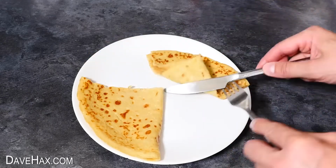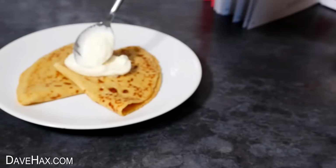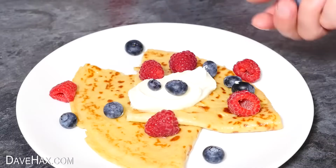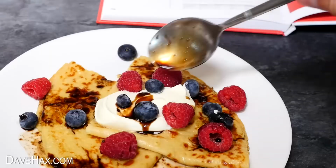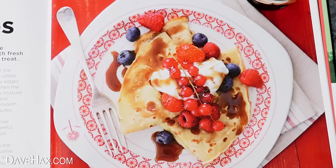And again, I'm going to try to recreate something that's similar to the book. So I spooned on a dollop of creme fraiche, then took a few summer berries, I'm using raspberries and blueberries, and dot them around all over the dessert. Then finally, take your Coca Cola syrup and spoon some over and around your dessert. And there we go. I'd definitely say the syrup doesn't look as thick and sticky as it does on the